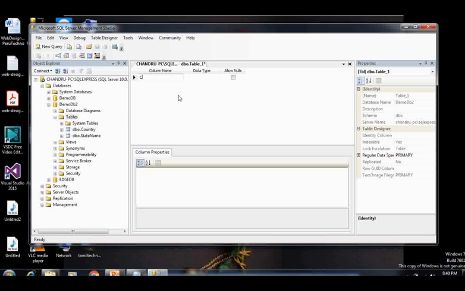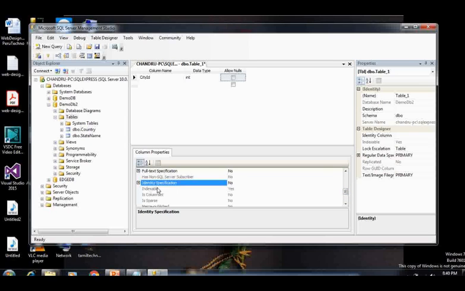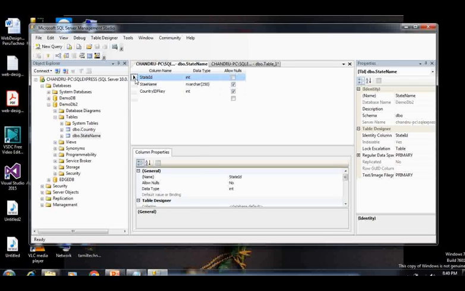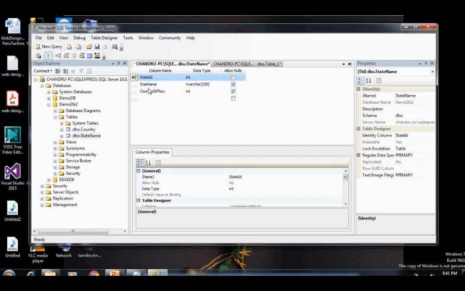Okay, now I am going to create a city table, using the same methodology and the same methods, and identity specification here also. Yes, and right click and set primary key. I forgot to set the primary key in the state table, so that's a main problem. Don't forget to set the primary key, right click and set the primary key and save it, because otherwise MVC will